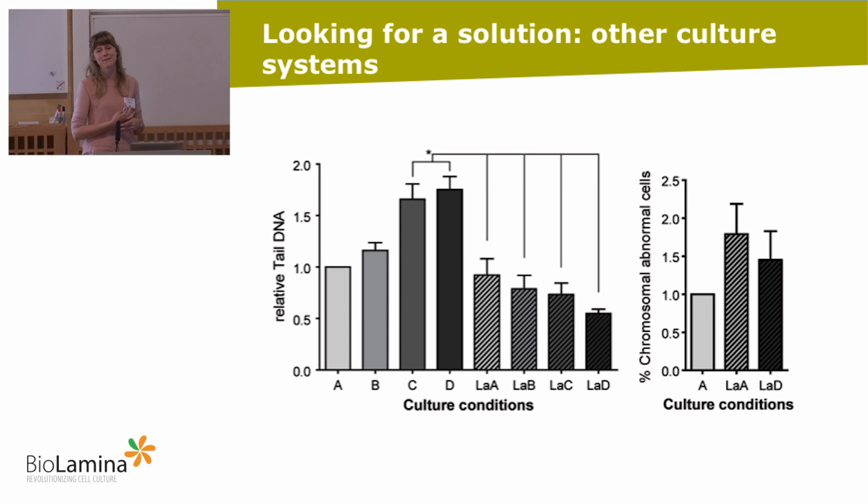So we had to try out something else. We tried growing the cells in a completely different culture system. This is not anymore using mouse feeders and knockout serum replacement. It's growing the cells on laminin and using the Nutristem. And here you have, again, the control, the increased densities in the MEFs, and here you have the laminin. Basically your DNA damage stays pretty much the same no matter on which density you're growing the cells.